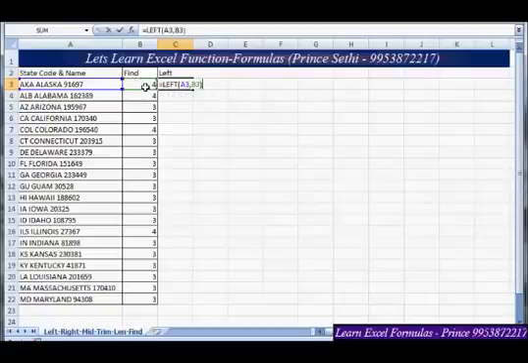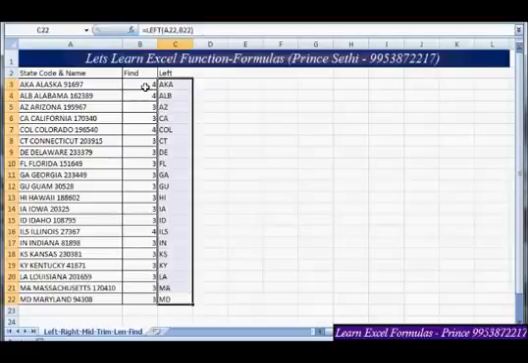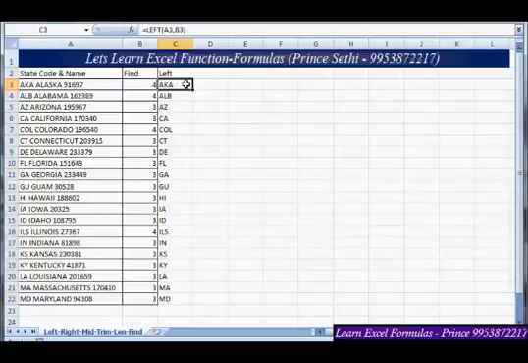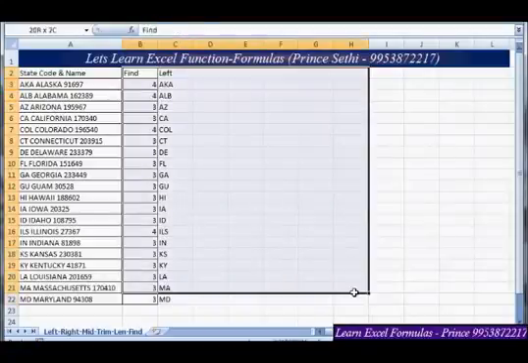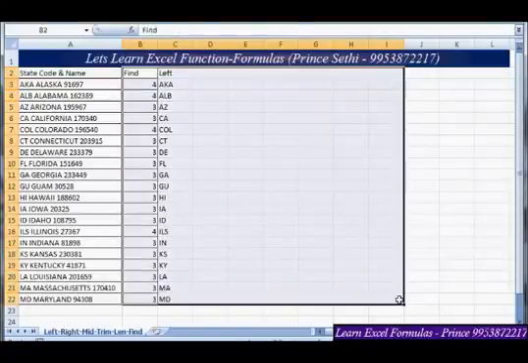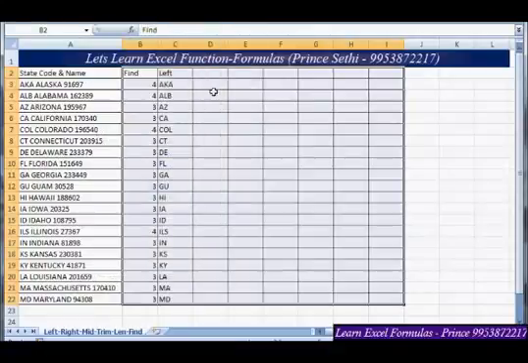If I enter it here, we have AKA and so on. Here we have got the state code, but it contains a space also.